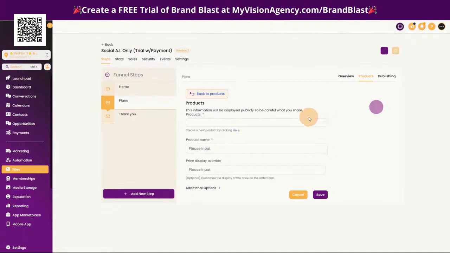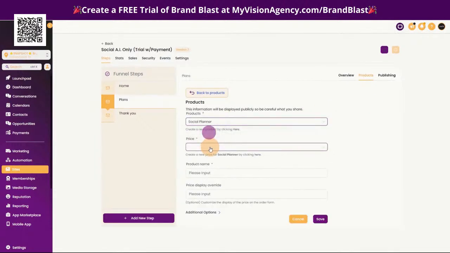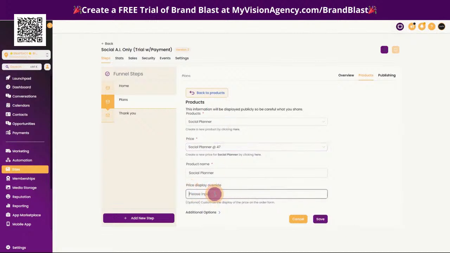So you want to make sure that you are connecting that product to this page that you want to add this to. Now, when you're doing a free trial, the way that it looks on the checkout form is a little strange. It'll just say 0. So if you made this $47, you may want to just type that in price display override, because then it will actually show on the form what the price is after the free trial instead of